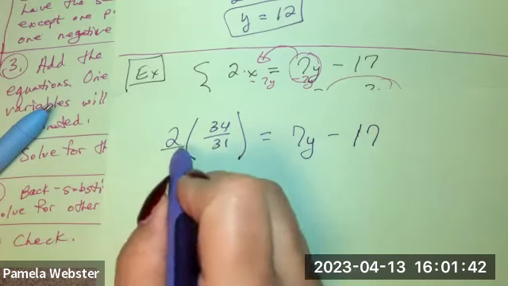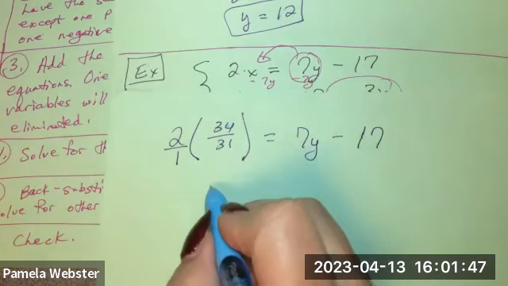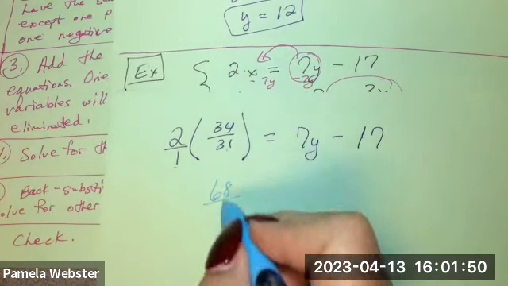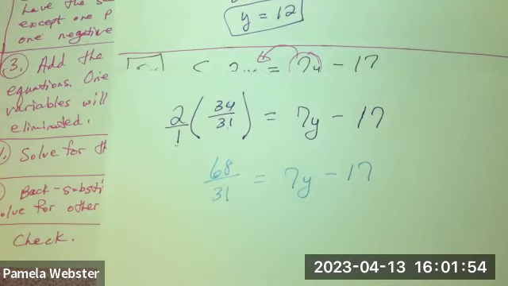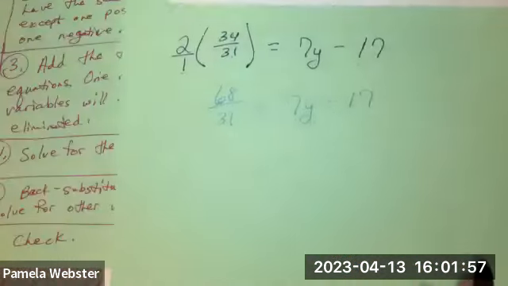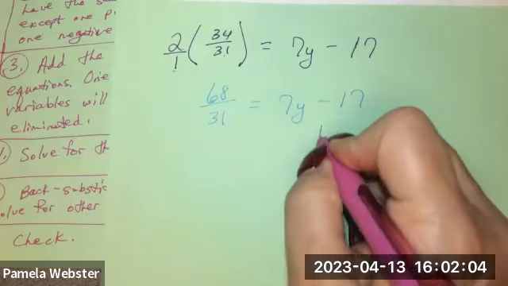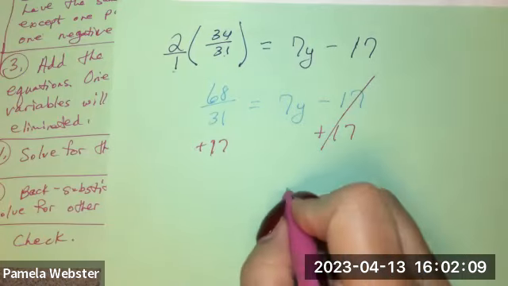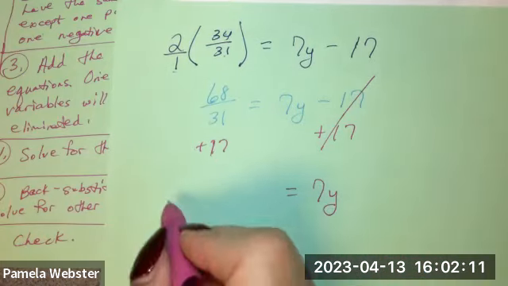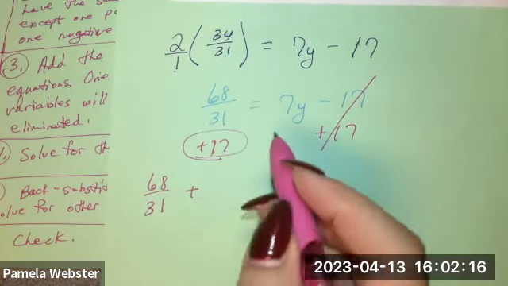So I'm going to go 2 over 1 here, and I'm going to multiply straight across the top. 2 times 34 is 68 over 1 times 31 is 31. 7y minus 17. So I'm going to try to get the y guy completely by himself. So I need to add this 17 to both sides. This is going to get ugly. I'm sorry. It's going to equal 7y, but I've got 68 over 31 plus 17, and I'm adding 17,